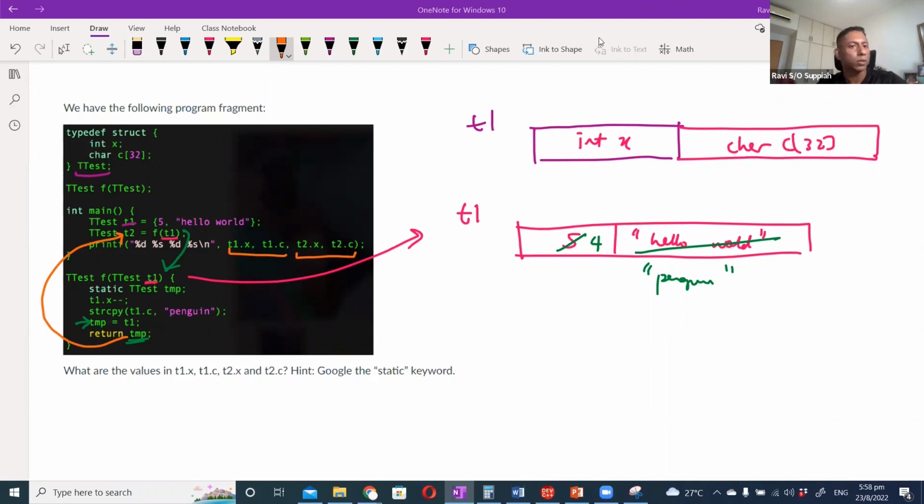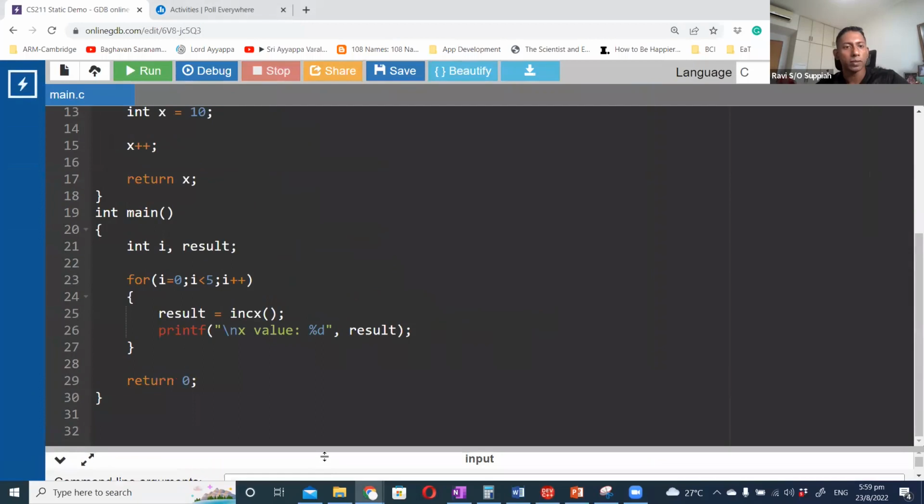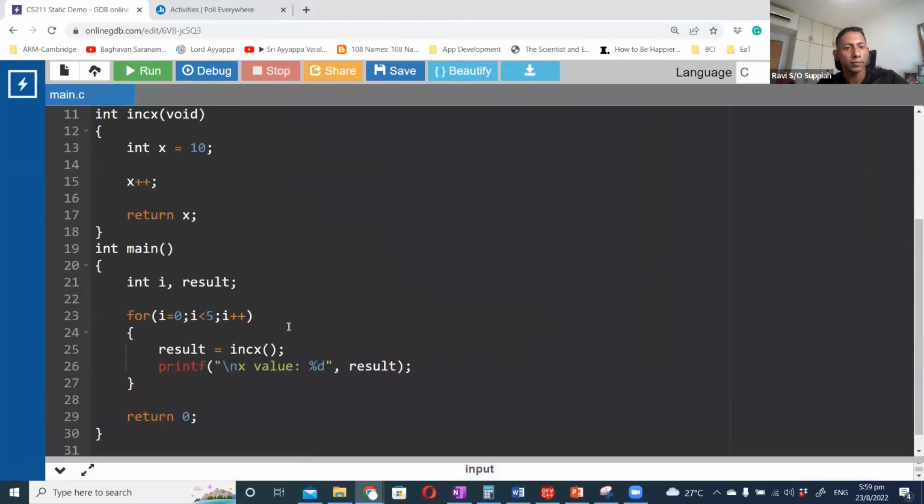Okay, so static. Static is not necessary here, but let me just show you. What does static do, and why is it important in some cases? Let me just bring up the code. So here I have a code. Basically what I'm doing here is